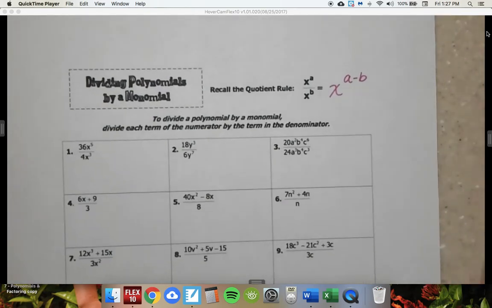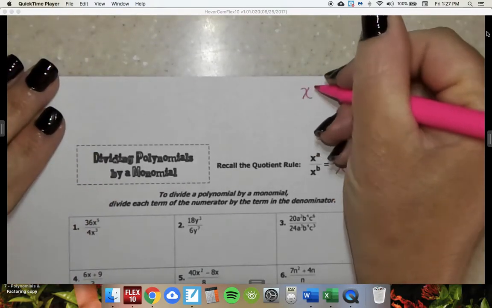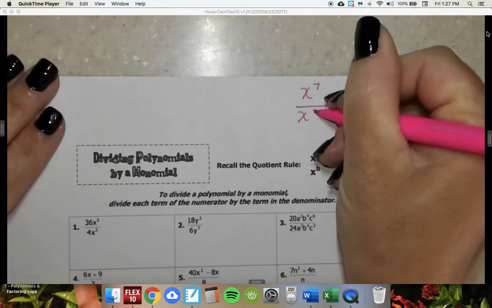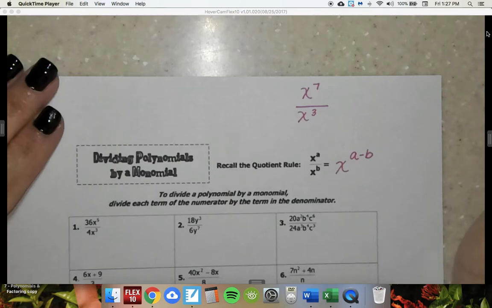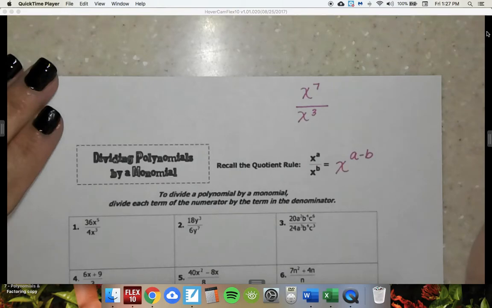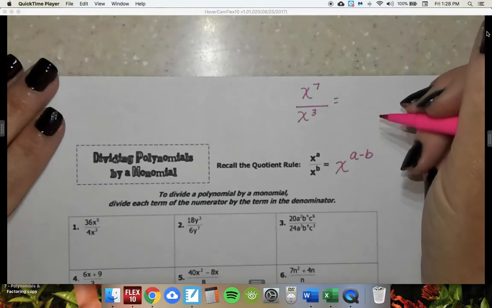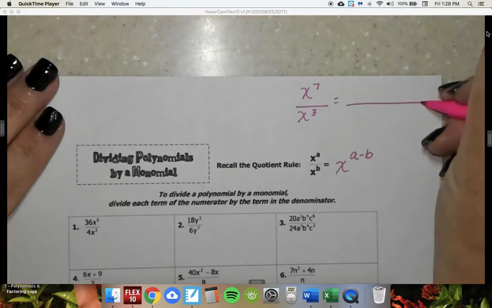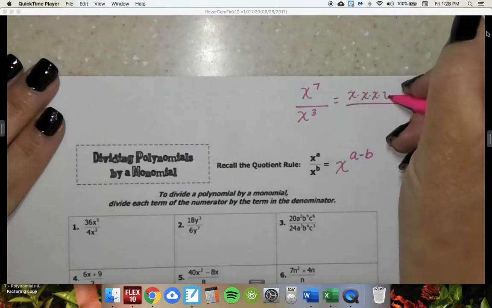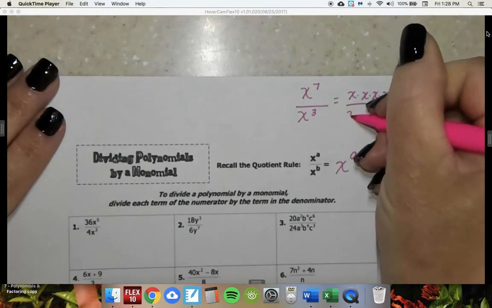Another way that I showed you, and I'll do it up here, would be like this. If you have x to the 7th divided by x to the 3rd, you could do x to the 7 minus 3, which is x to the 4th. Or the other way I kind of showed you or told you to think about this is imagine having 7 x's on top and 3 on bottom,